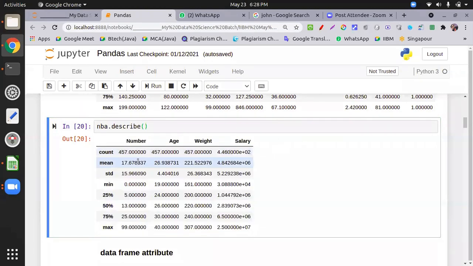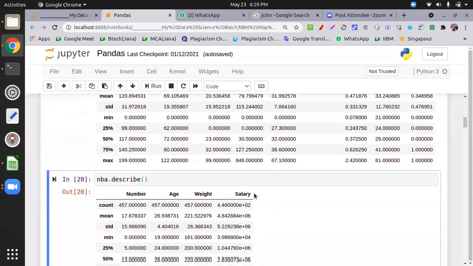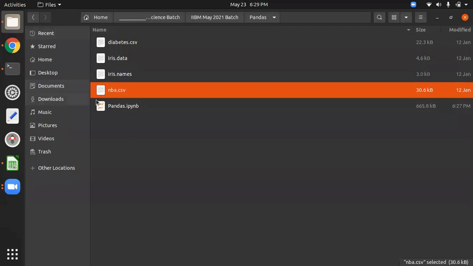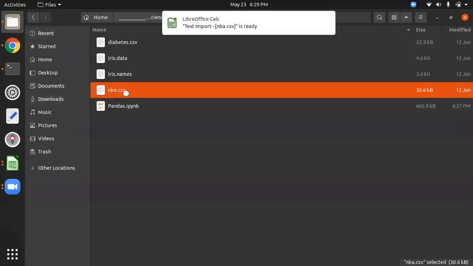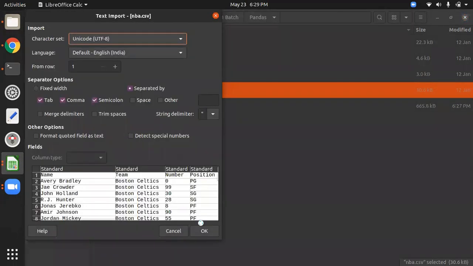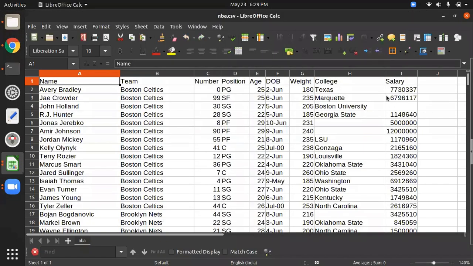Yeah, sir. In salary, the count is showing 4.46. Actually, what is happening over here is it is converting to mantissa and exponent. This is the same value if you convert it. It is converted because it is a high value. Salary, let me check what it is. It is a very high number, because what pandas does after 446, after one range, it converts this into an exponent and mantissa form.